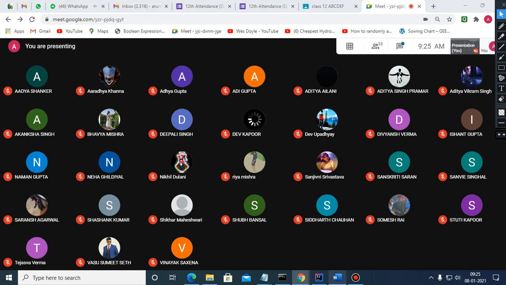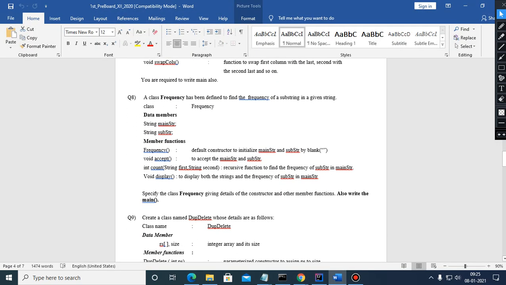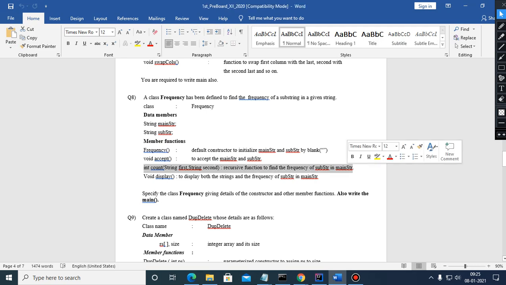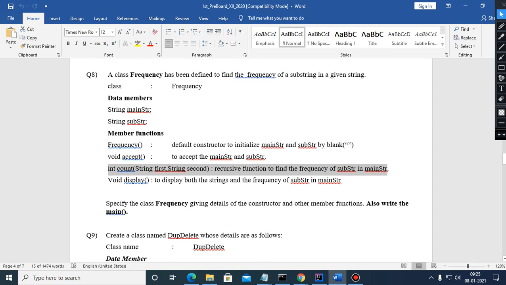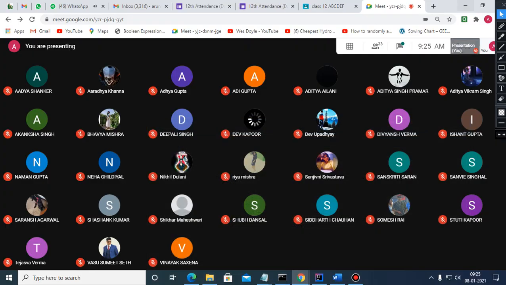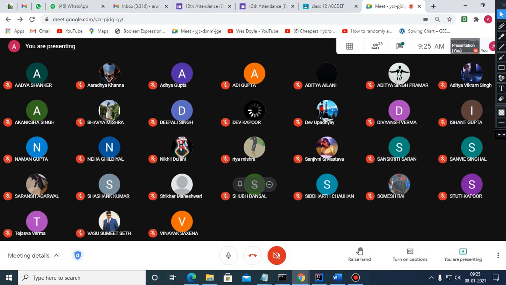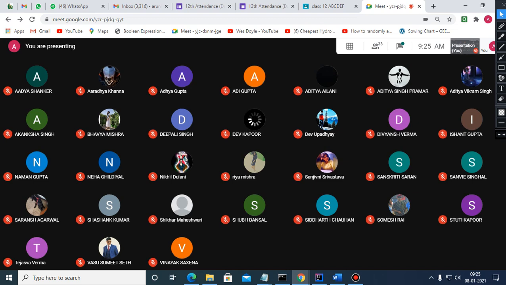So this is what you people are doing. Okay, now this is the question. Question number 8. In this, you have to just write the recursive frequency function, and most of you have written this function okay, but you are still not able to write it properly, which is a recursive function. So I think children, you have not practiced recursive functions properly. Some of you have introduced looping inside the function.